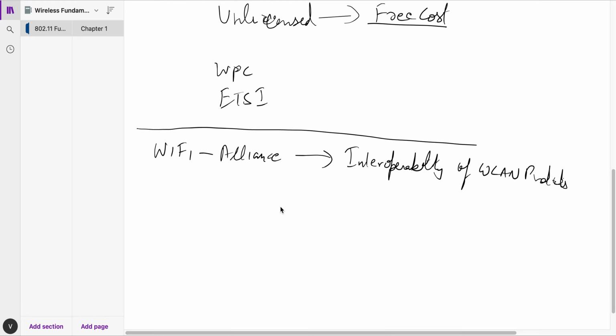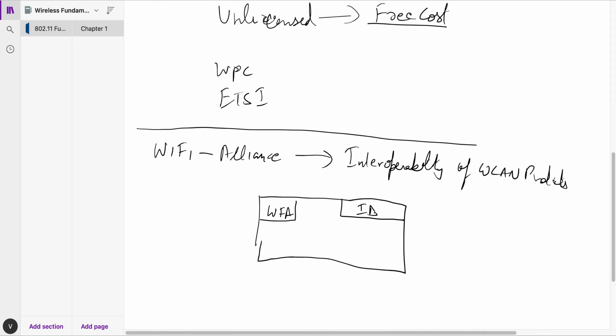So what they do is they do some tests, and then at the end they give us a certificate like this, where Wi-Fi Alliance will be mentioned here, and out here at the top there'll be some certificate ID which will be given to you, and which will define what standards it follows and if it's good to go or not. So usually it takes a lot of time for a company to acquire a Wi-Fi Alliance certificate, because there's a whole big queue that you have to get in line and basically then apply for it. And also, it's not mandatory for every product to have this certification, but it's really, really important.